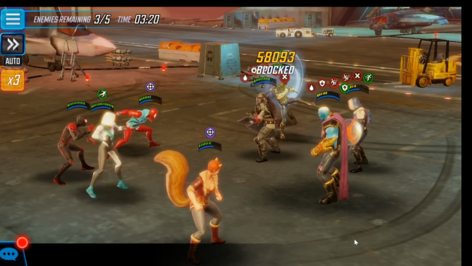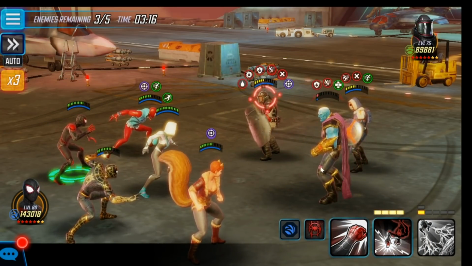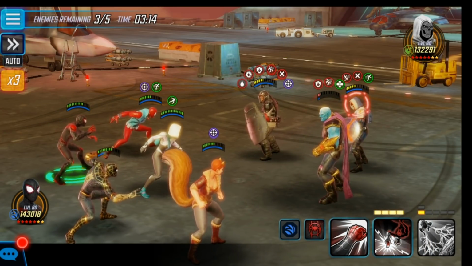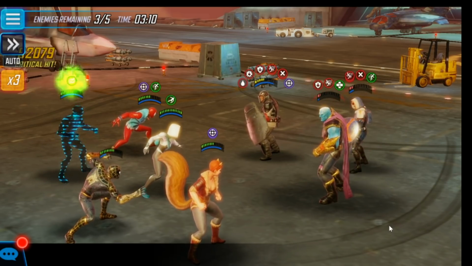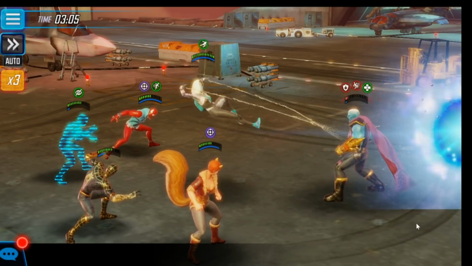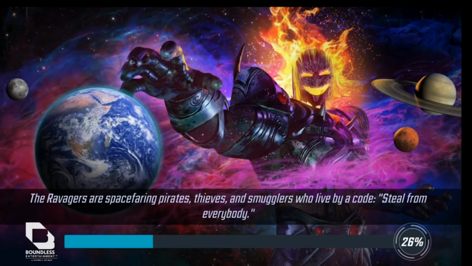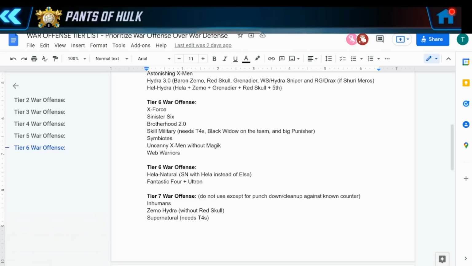Okay, let's kill Merc Lieutenant. Let's rewind the turn meter on Taskmaster. And then, wow. All right, they're beating the Mercs. This is better than I thought. Web Warriors proving me wrong. Not trash. Now, obviously, you need to have Squirrel Girl. I don't think this team...